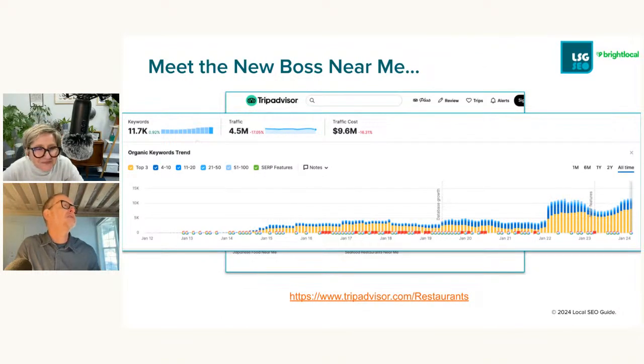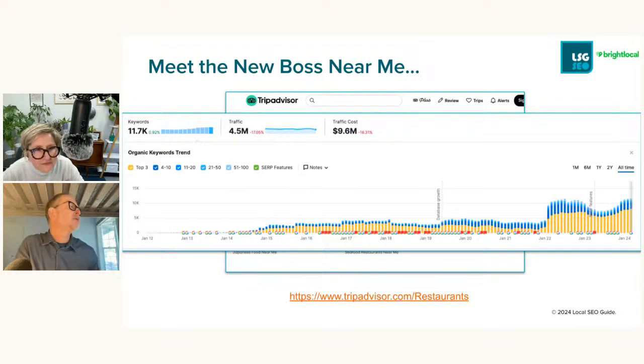The animation's not working on this. But what you would have seen is TripAdvisor's version of this page today, which is basically the same exact page as it was in 2015, just with a nicer color pattern. And this is the SEMrush rankings for that page. Now this is just one site, but we can clearly see that not only is this tactic working, it's working better than ever for TripAdvisor.